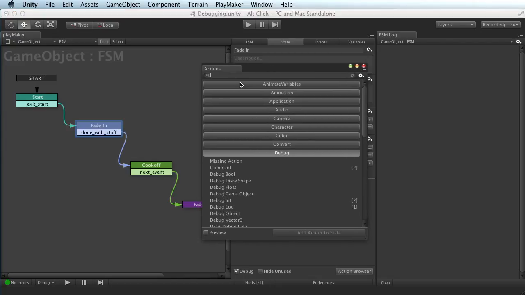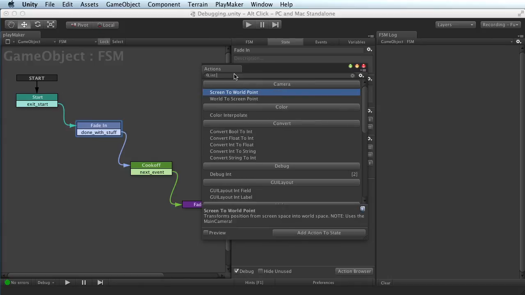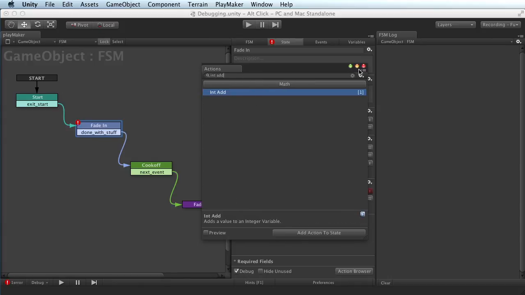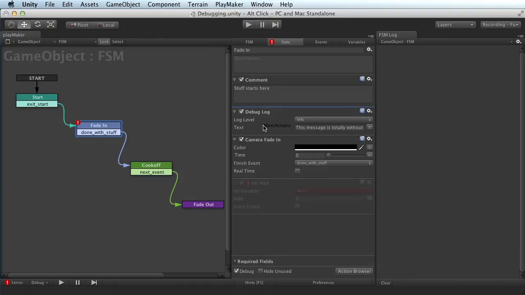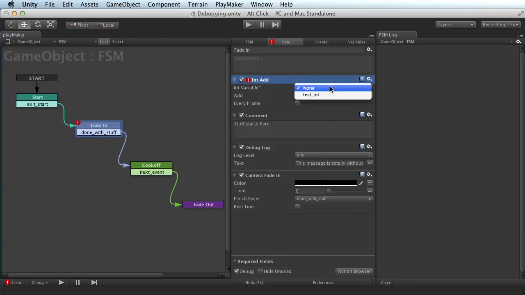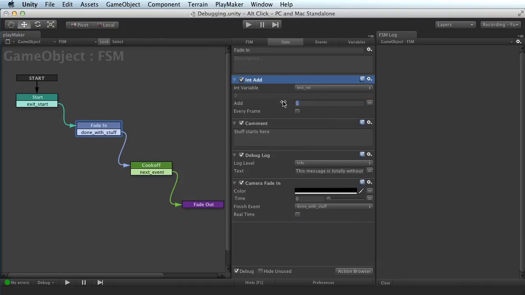So I'm going to use a simple int add. Let's go ahead and put that right there. It doesn't really matter where we do it, but I'll put it at the top. I'll choose test int for my variable. Let's add a value of 2, just to give something going on. And if I run it again,